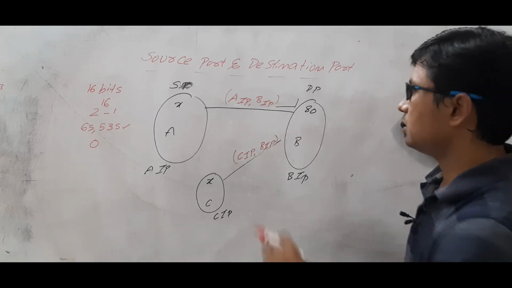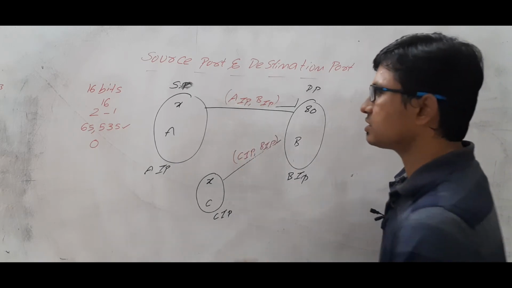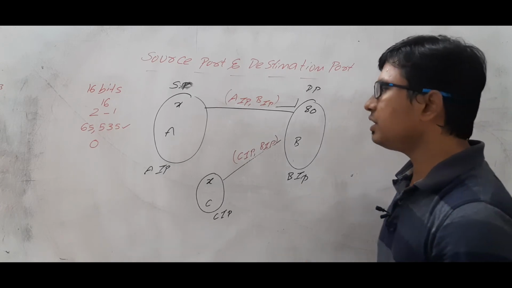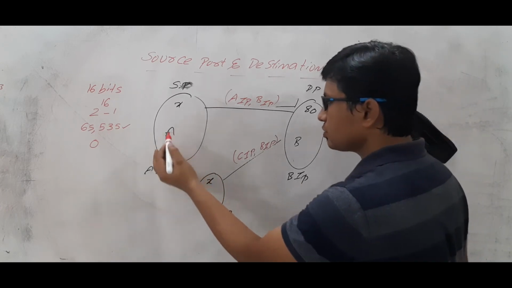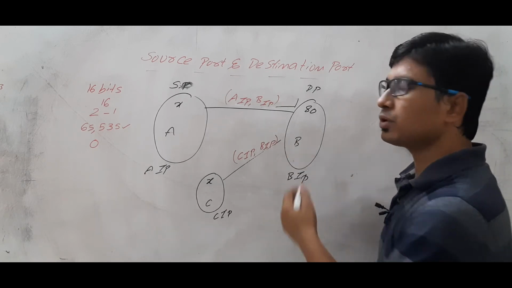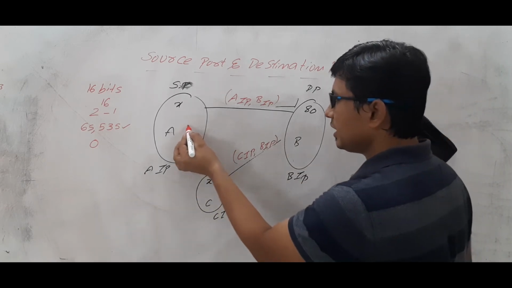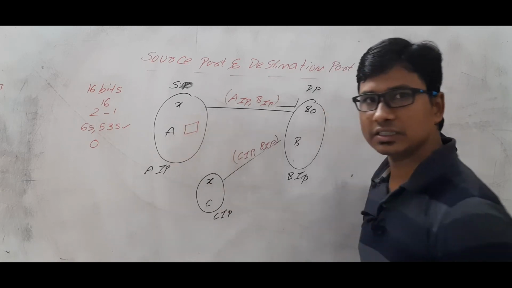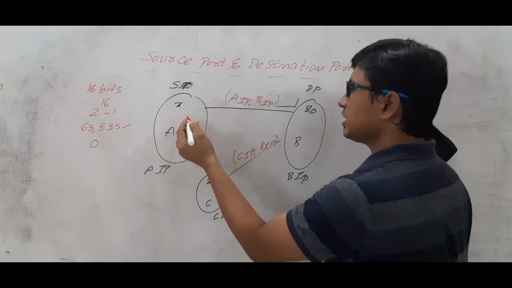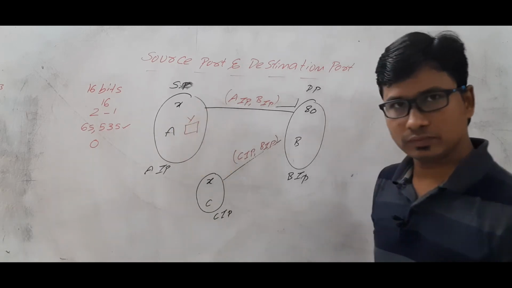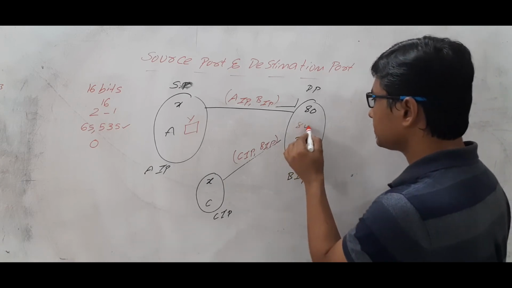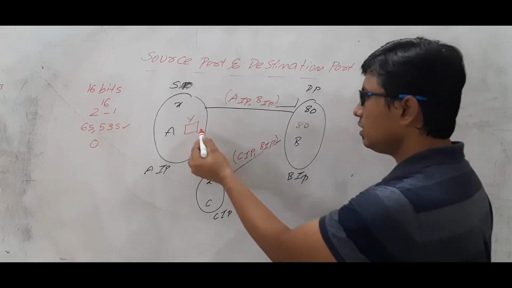Let me discuss why it was not successful. Suppose A has established a communication. Now A has opened another browser. It also wants to communicate with B using the port number 80. So again it has established a communication. What will be the source port number? Let's take that it has taken some number Y. And it wants to use destination port 80, because again it wants to use HTTP only.